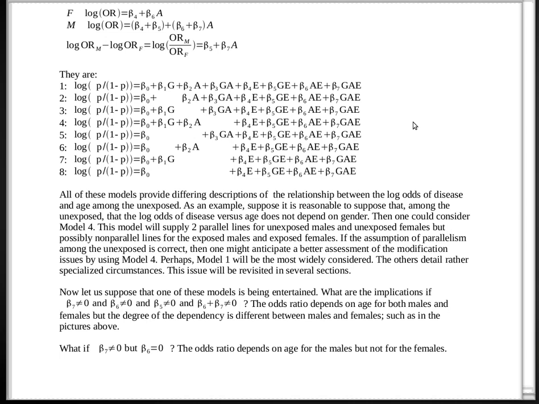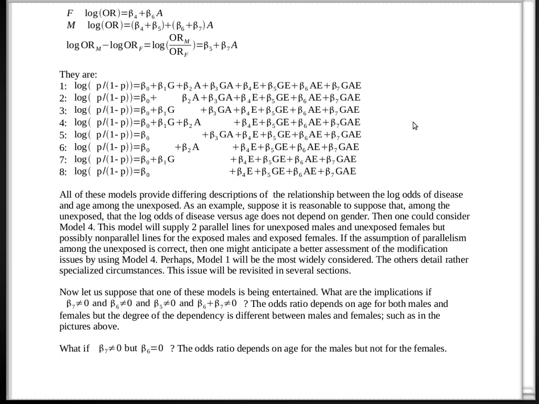So let's take what could be, in some circumstances, the most elaborate of circumstances. That is that beta 7 is not 0, but beta 6 is not 0, beta 5 is not 0, and, for reasons I'll explain in a minute, beta 6 plus beta 7 is not 0. Okay. Well, if you go through basically the circumstances that I've detailed there, it turns out that the odds ratio depends